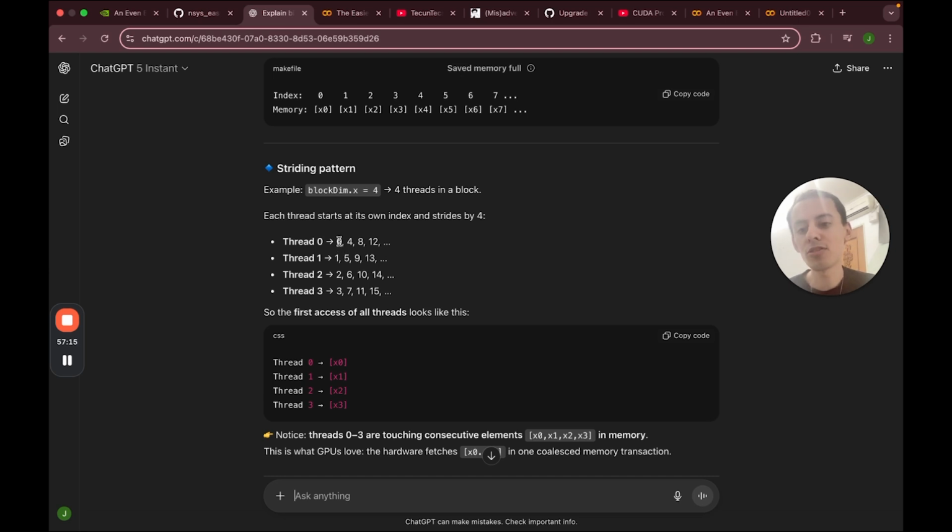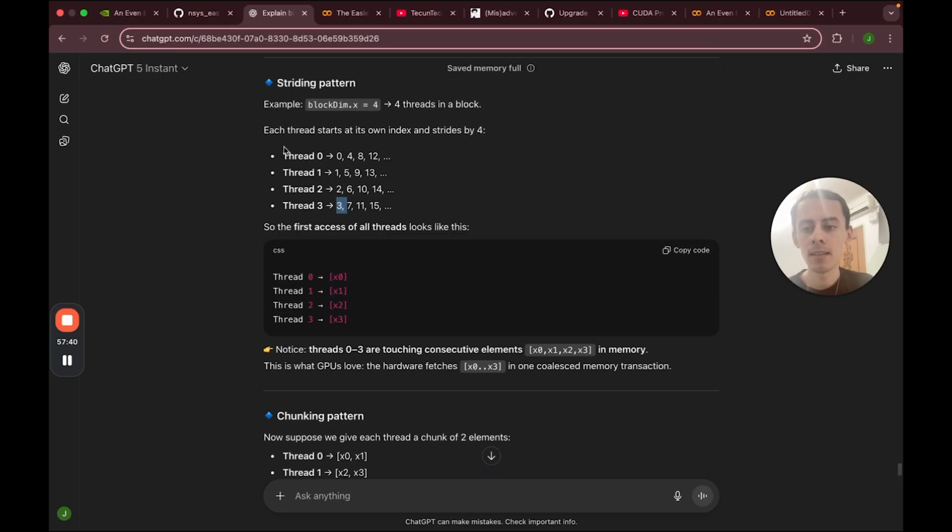Yeah, right. So in the first computation, because it's running in parallel, or as parallel as possible, thread 0 is handling the 0 index, thread 1 is handling the 1, thread 2 is handling the 2 index, and so on, right? And thread 3 is handling index number 3. I like this. But